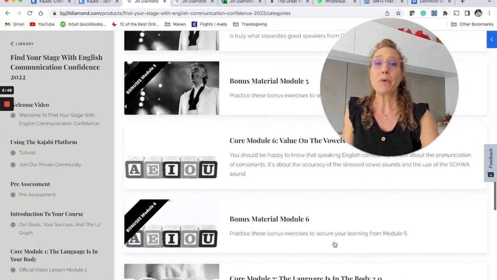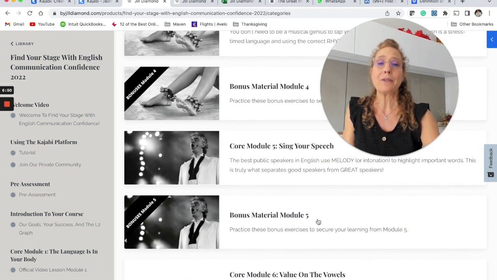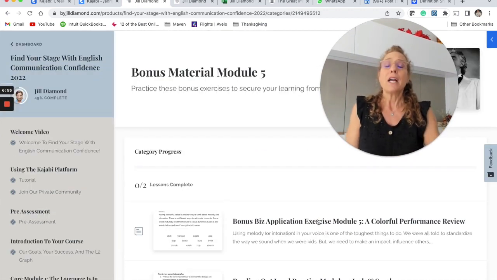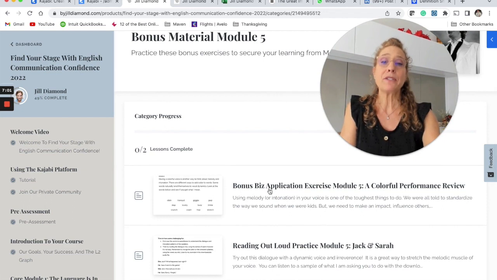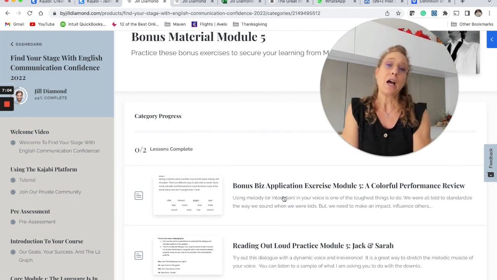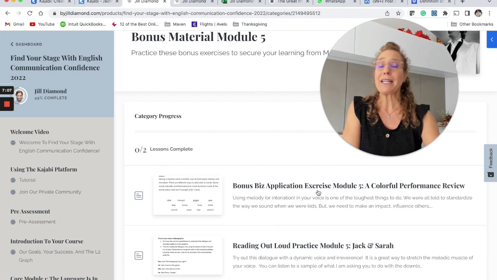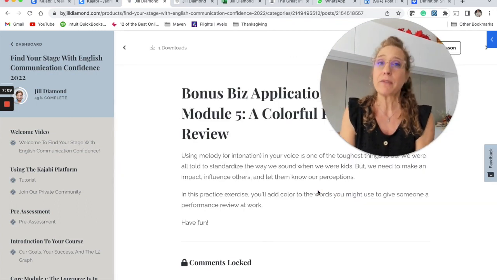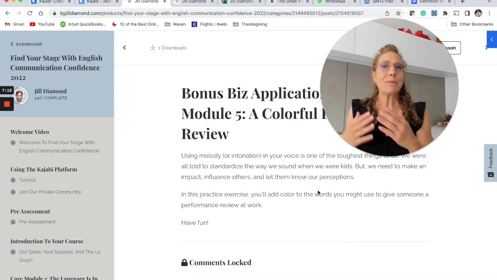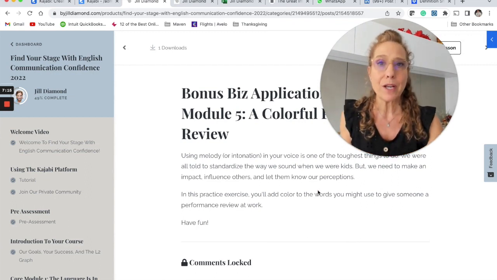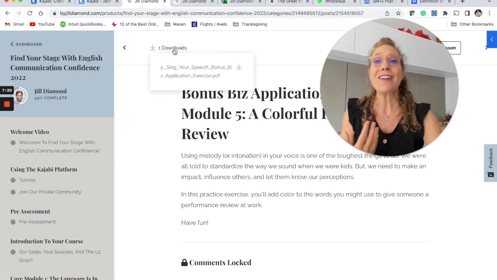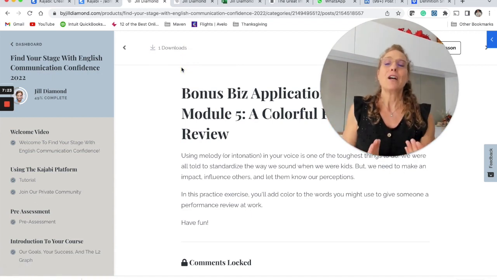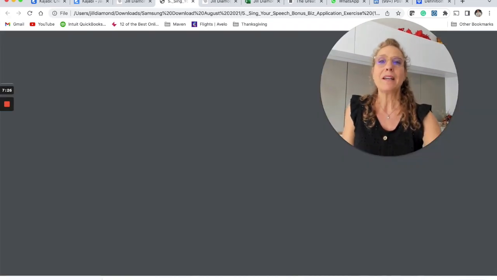Let's take a look at some bonus material for a moment. Let's take a look at Module 5. When you open the bonus material, after you learn about melody and intonation, you'll come in here and see there are two extra activities. One is a bonus business application exercise called a colorful performance review. That's where we start to have you apply what you've learned to the business world. We're talking about intonation. That's color. When you add intonation, you're adding color to your voice. If we open up this document, just to show you,